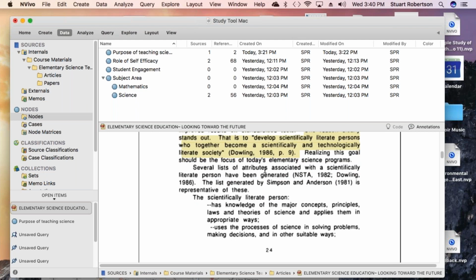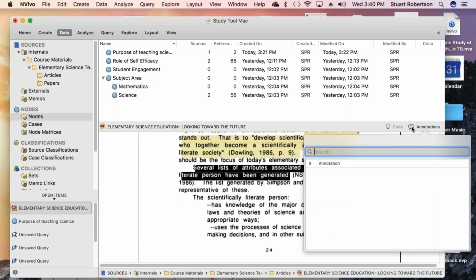One last thing that I did want to mention while I'm inside of NVivo. Sometimes when we're reading articles, we want to make little notes in the margins. And in terms of NVivo, that would be one where I could highlight a particular piece of data here, and I could choose to create an annotation. So I'm going to,